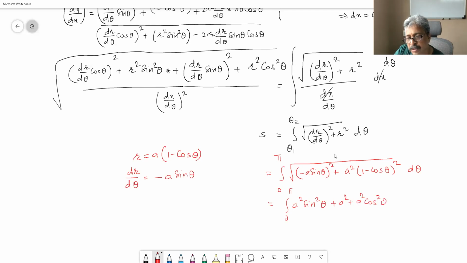Minus 2a square cos theta. This is what is inside radical raised to half d theta, which is equal to a square sin square plus a square cos square is equal to 1, I mean a square. So in that a square becomes 2a square. 2a square common. So 2a square integral 0 to pi 1 minus